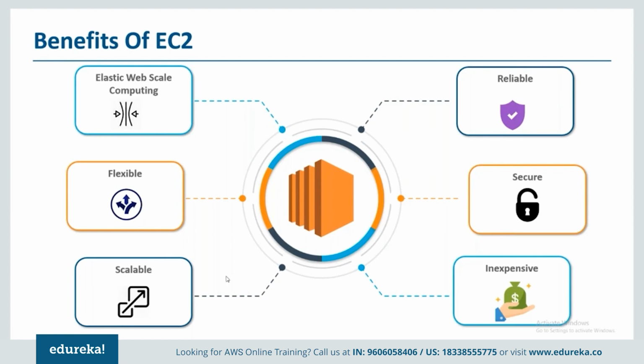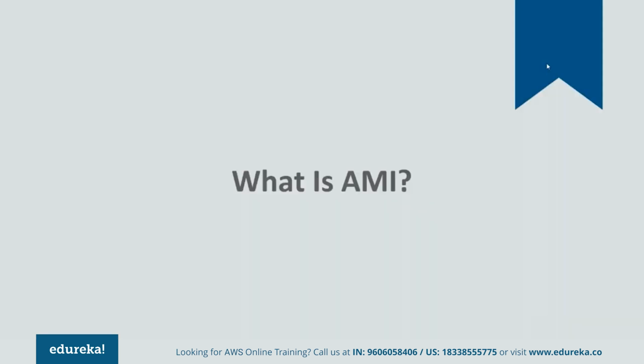Suppose if you want to increase the capacity here, if you want to add more number of servers, then that is done easily as compared to on-premise. Now, next is we have AMI. AMI is simply Amazon Machine Image. Now, just to understand this in simple layman terms here, if we are deploying any virtual machine,